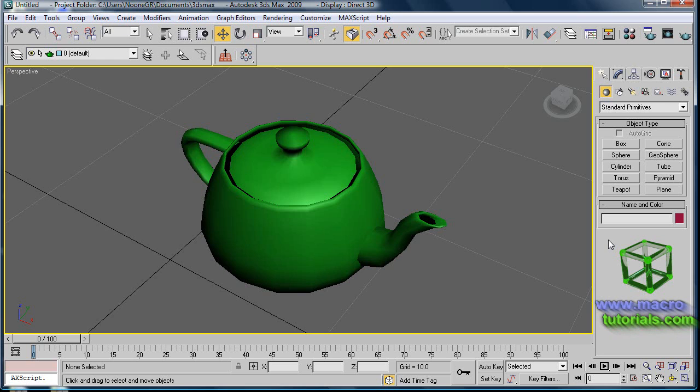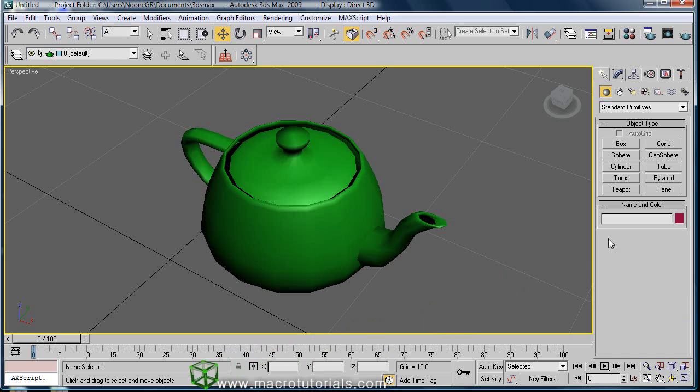Hello. In this tutorial I will show you how to scale an object to an accurate measure. Before starting, you should have previous knowledge about the generalities of 3D, how to navigate the scene, how to align objects and how to move, rotate and scale objects. For this, you can check my other tutorials on the webpage